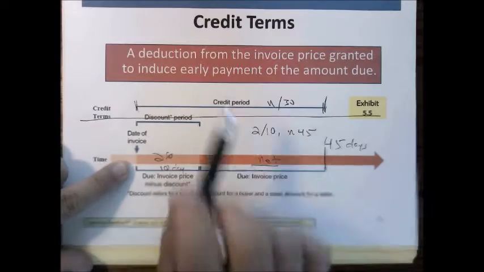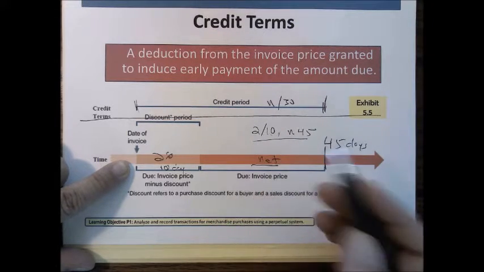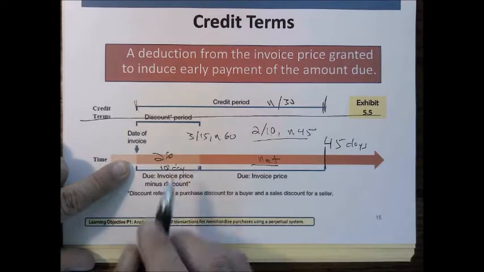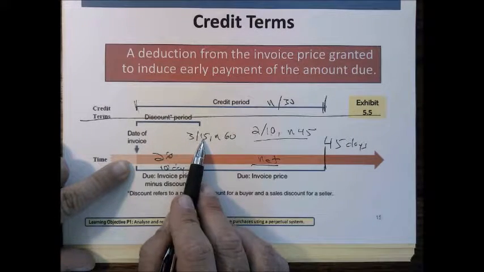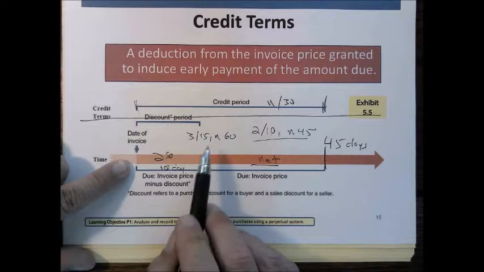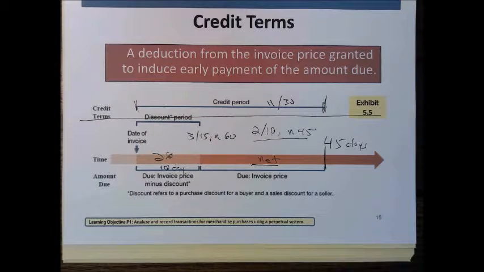So when we talk about credit terms, we're going to see it written in this form, 2/10 N45 or 3/15 N60. 3% discount if we pay within 15 days. Otherwise, it's due in 60 days. So an incentive for us to get people to pay in a timely manner. Now, when we've got that done, we can